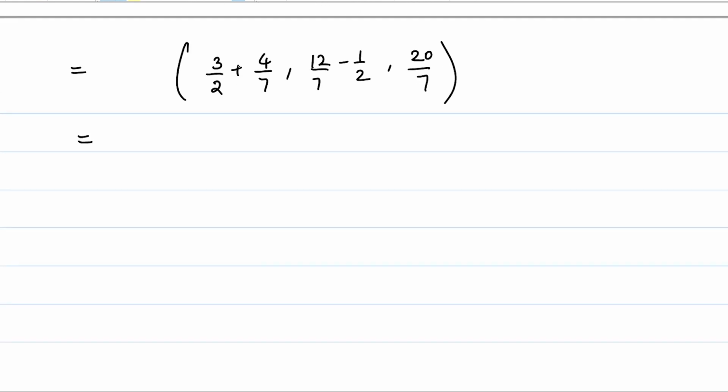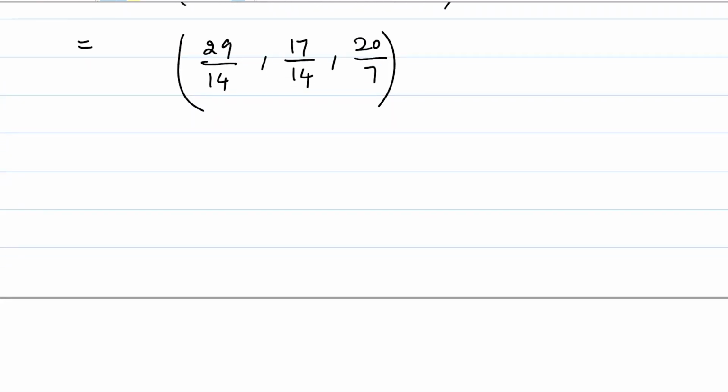So let's see what this is. This is 29 by 14. This is 24 minus 7 is 17 by 14. And this is 20 by 7. So this is the vector in W which is closest to (2, 1, 3), and then what is going to be the distance of our vector to the subspace? It's just going to be the distance of our vector to this particular vector,